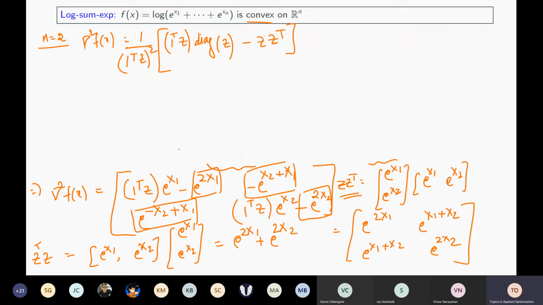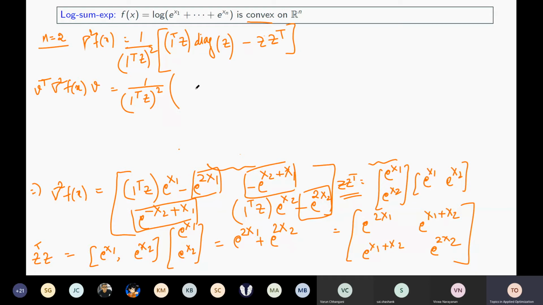If we multiply, let us see what will happen, because we have to check v transpose grad square f(x) v. So this will be equal to this thing will remain 1 over (1 transpose z) whole square,